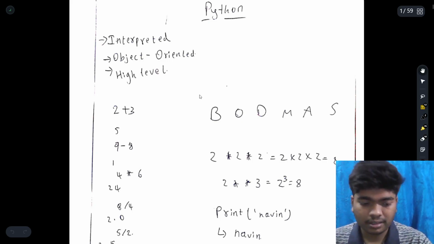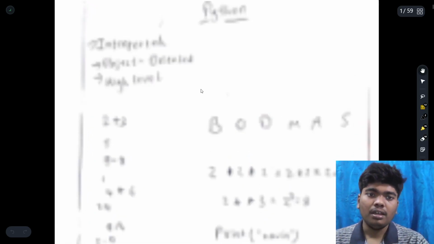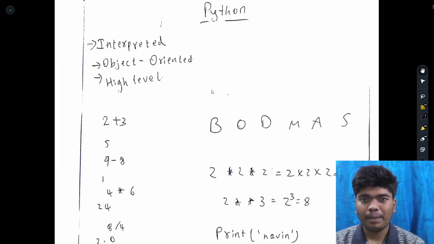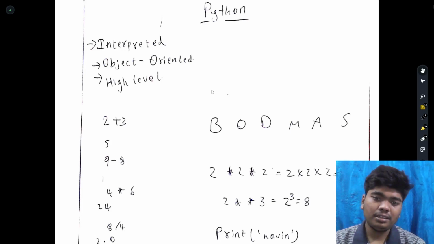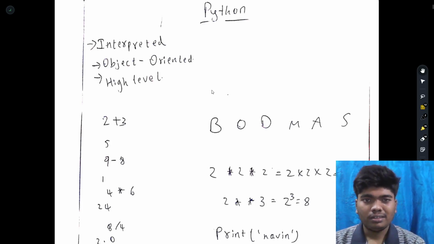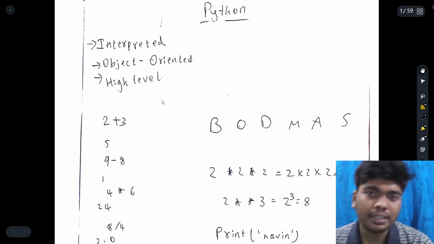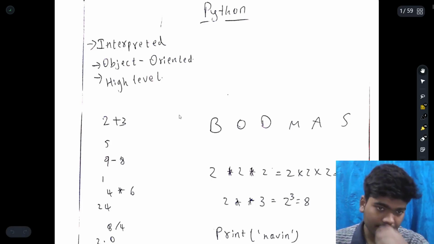Now let us get into the topic of Python. Python is a high level programming language. In Java we need to remember some words which were other than English, but Python is completely English, so there is no problem with this language. It is a high level language, and we can write it in very basic English. With the help of an interpreter, we run the programs in Python.